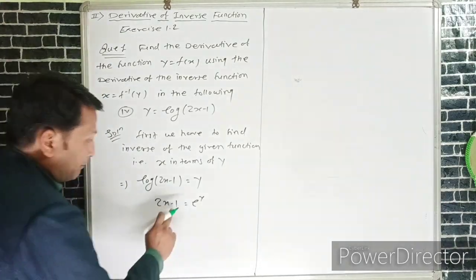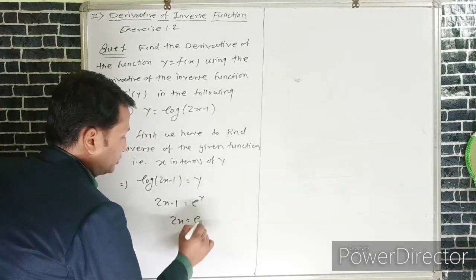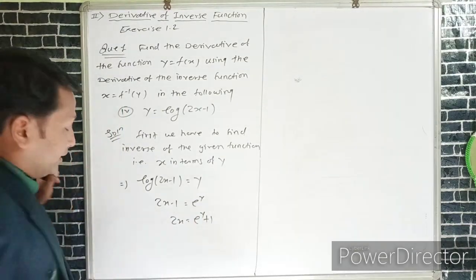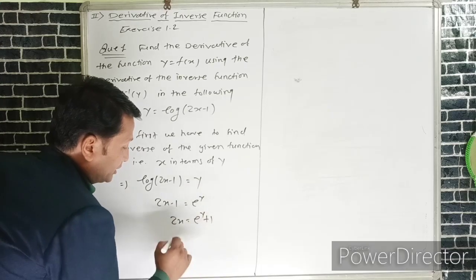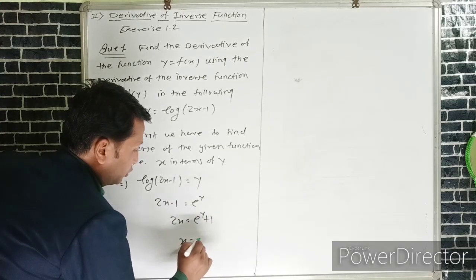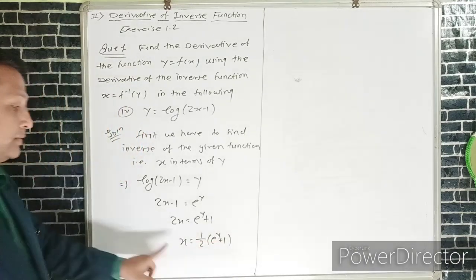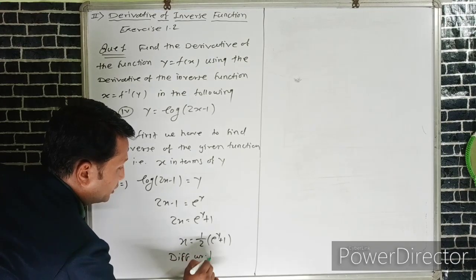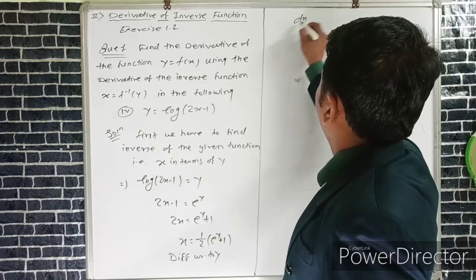Now shifting minus 1 to the right side, we can write 2x is equal to e raised to the power y plus 1, or 1 plus e raised to the power y. This 2 is a multiplier. If we transfer it to the right side, then we can write x is equal to 1 by 2 into e raised to the power y plus 1. Now if we differentiate the given function with respect to y, then we can write the derivative of x, dx upon dy,